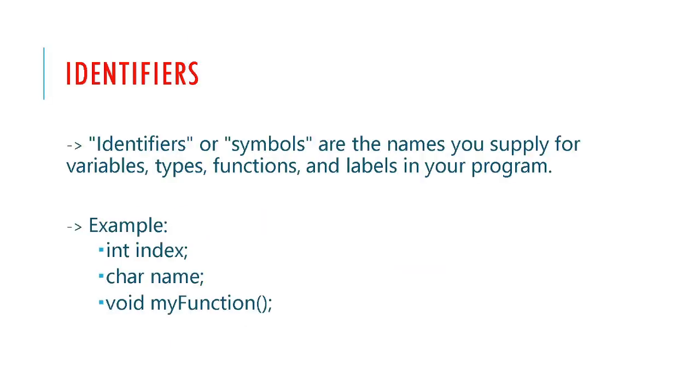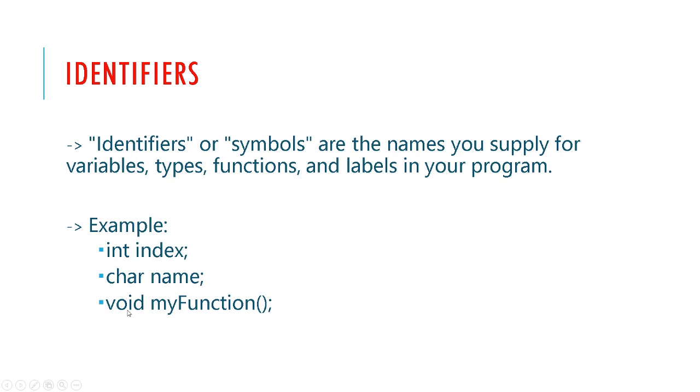Now we will look at the second one in the list, that is identifiers. So what is an identifier? C identifiers are nothing but the names we give to variables, functions, structures, etc. For example, if I declare a variable in C, suppose I am declaring a variable called index, this index is nothing but an identifier. As we have seen earlier, int is a keyword, but index is the identifier. This is the name that I have given to the variable, that is an identifier.